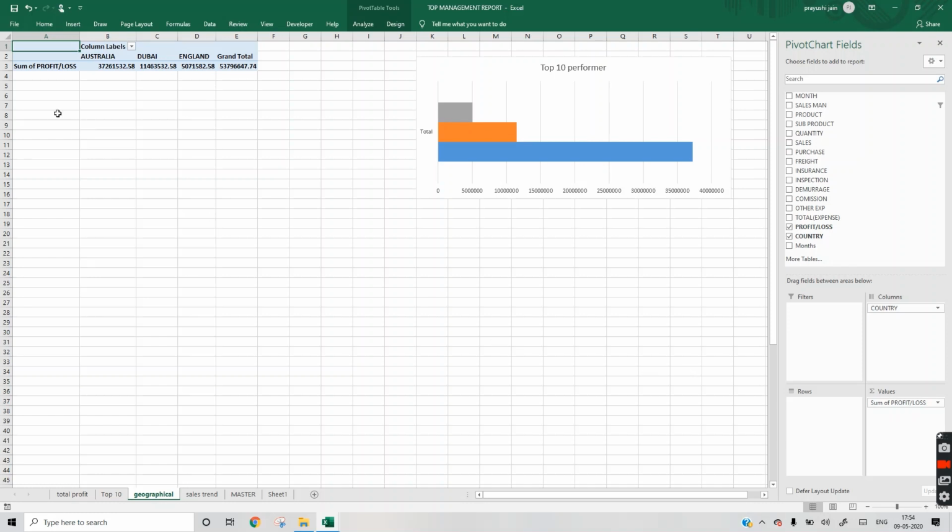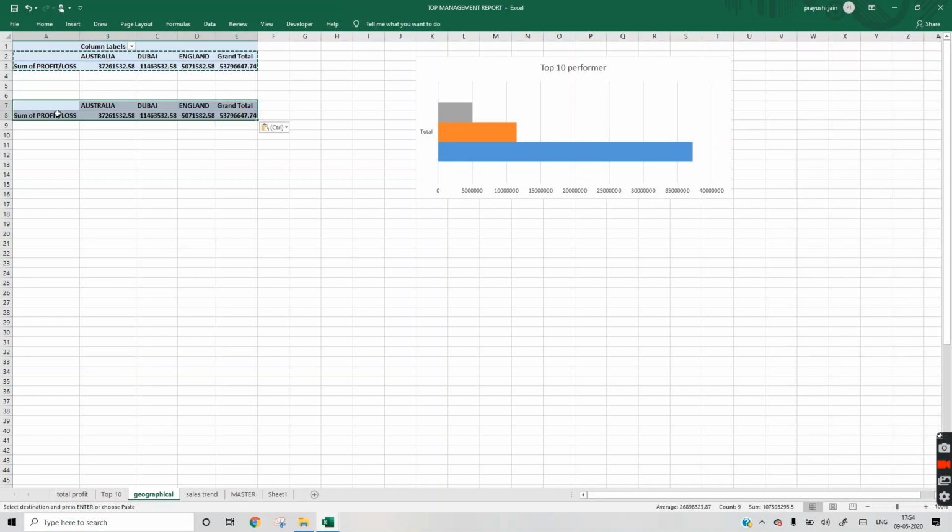Now we will copy and paste this. Is equal to, select data from this sum of profit and loss, is equal, ingredient also is equal to this, and total also.